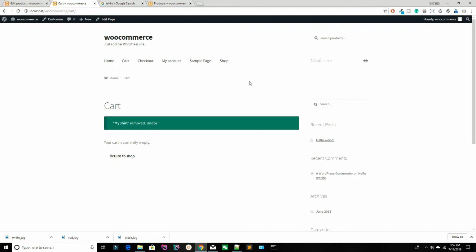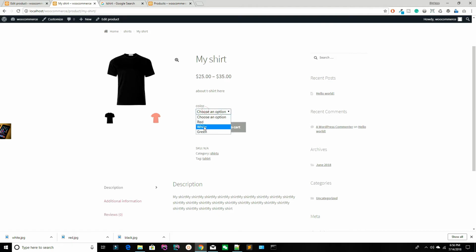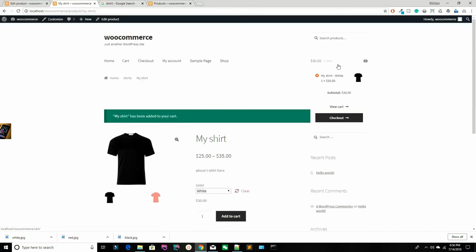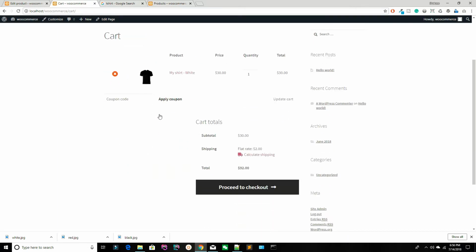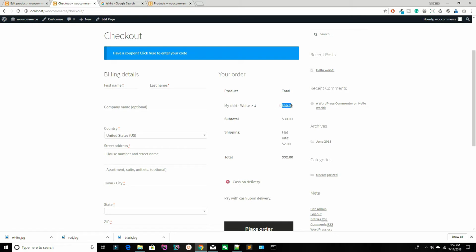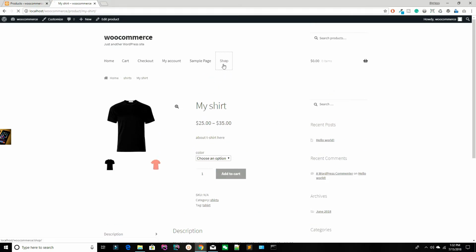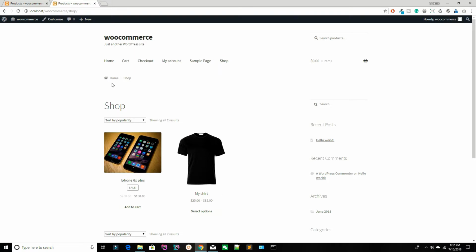go to your shop. Now select option, I'm selling the white one, add to cart, checkout. So proceed to checkout and you are selling your white t-shirt for $30. Okay, you have your one color. For suppose this is the spec, you have your spec which is color, and you have three variations, red, white, green. For suppose if you are selling the iPhone with your capacity of, for suppose, internal storage or RAM,